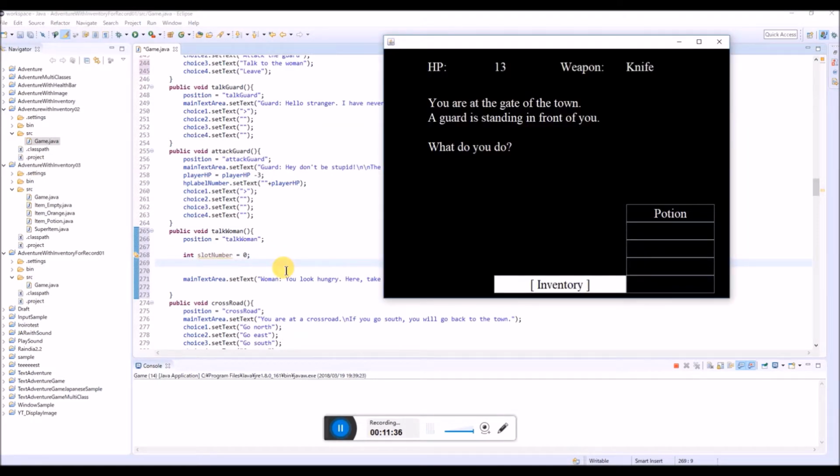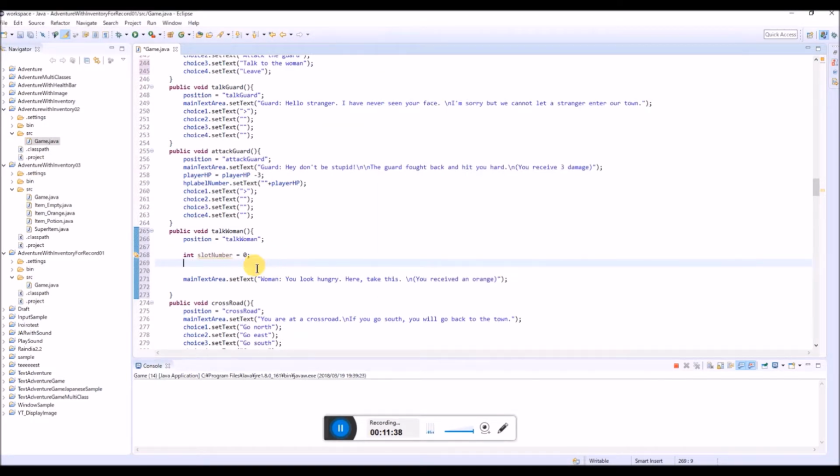So to check this slot availability, we're gonna use this while loop. I think we haven't used this while loop before, so I'm gonna explain. This is kind of similar to if statement, but it's a bit different. While and bracket, and inside of this bracket, player item. This is an array string, and inside of this bracket, slot number,